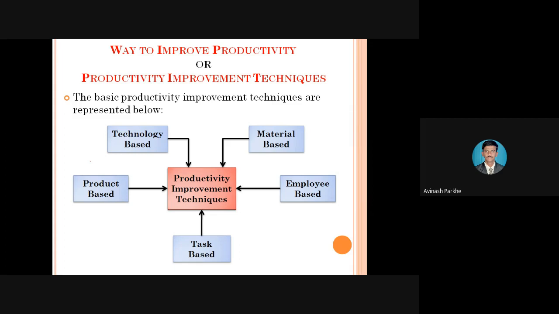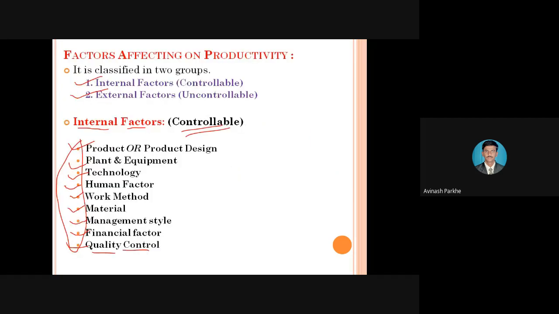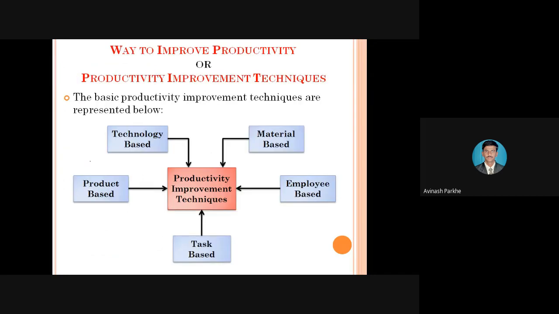Okay, so we'll take this last point and then we will stop. Just now we have discussed the internal and external factors, some of which are controllable and some uncontrollable. But some standard ways are there through which we can increase the productivity. If I implement these ways in your organization, or such techniques in the industry, then your productivity can be increased. Therefore, ways to improve the productivity, or the productivity improvement techniques.